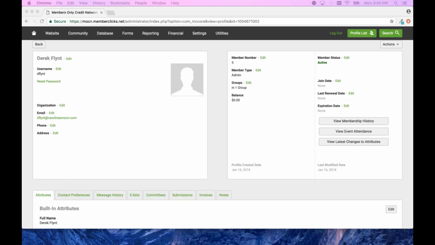But at some point, you or Ro are probably going to come to me and go, my advisors need permission to the back end, but they also need to be paying dues. And so in that case, I would just create an additional group, and I'm going to call it advisors, and we'll put those additional people in the advisors group while keeping them in their member type. So it's a little bit of a weird concept. We'll definitely revisit it if we need to, but as of right now,